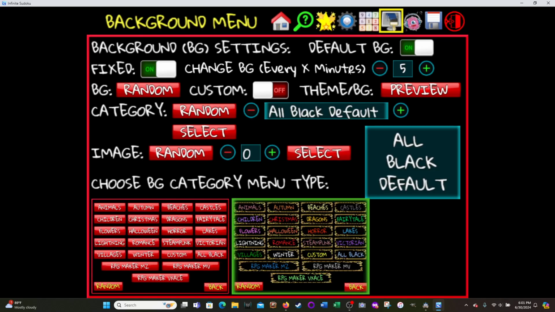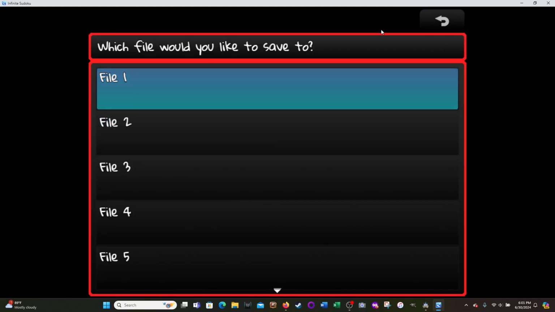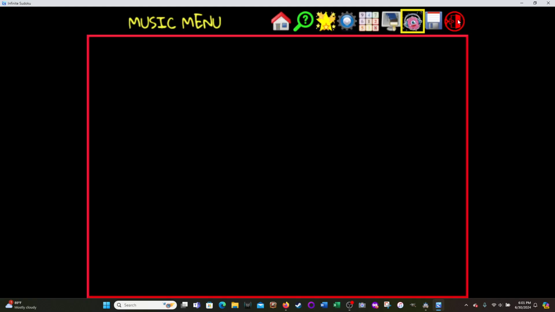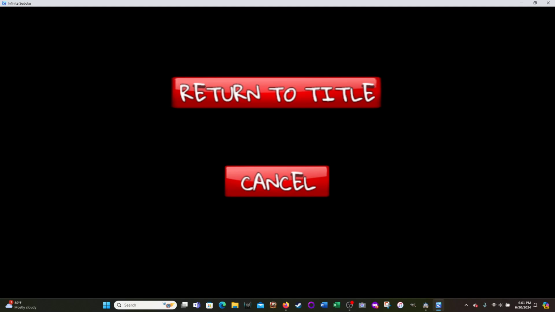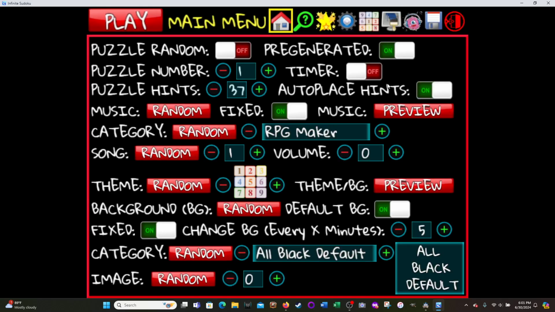Then there's the background menu, where they can change more things about the background than they can with the main menu. Then there's a placeholder for the music menu, a save option, and then the return to title or cancel option. So those are the menus currently, and these are all pretty much functional,